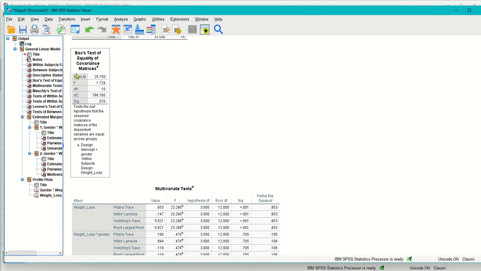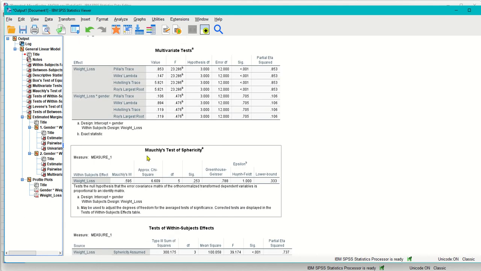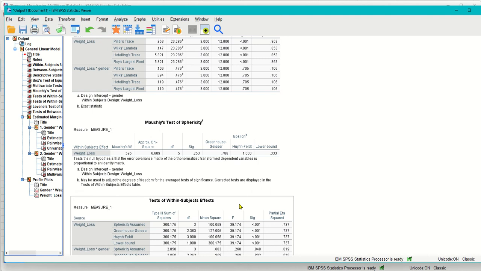Then it gives us another test for equality of covariance matrices. You do not want to see a significance here. The threshold here is 0.01. We did not meet that, so we qualify for this assumption. And then we're going to move into the test for sphericity, and this is another normality